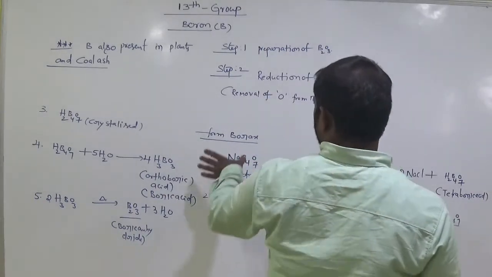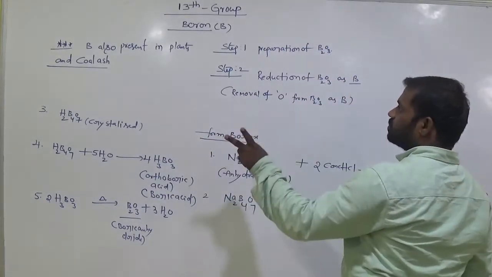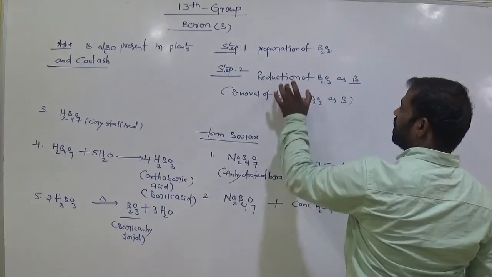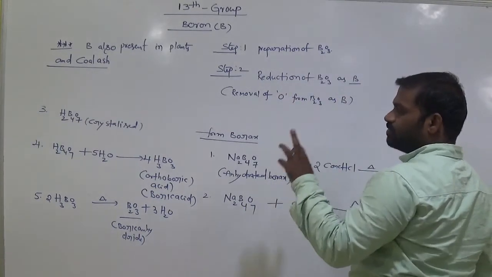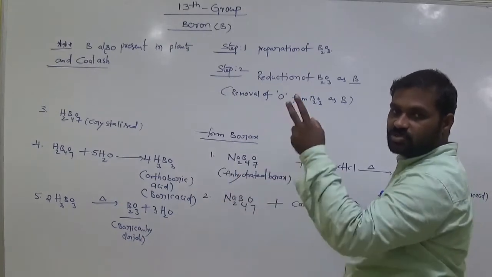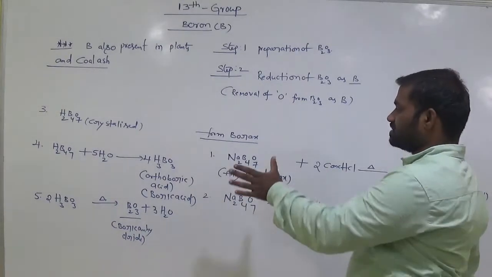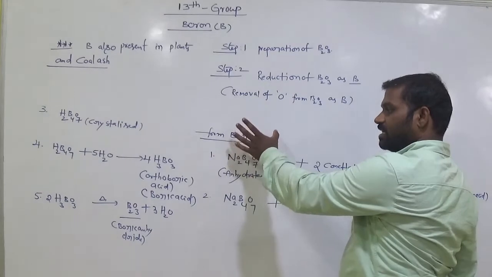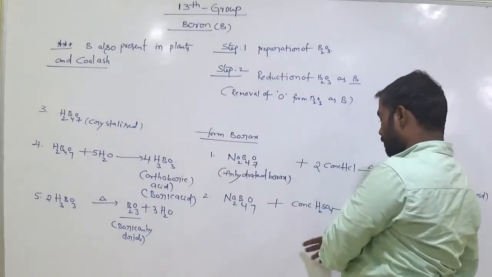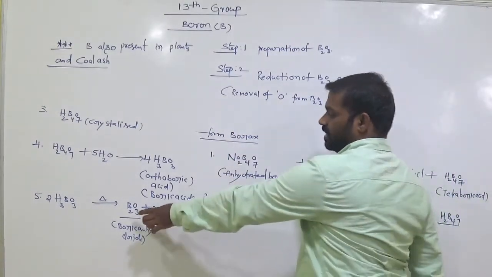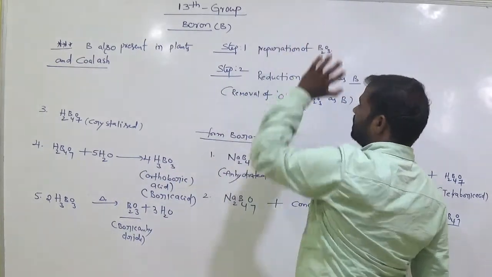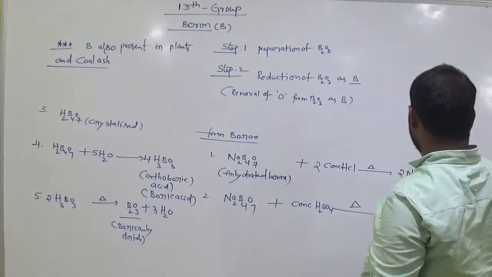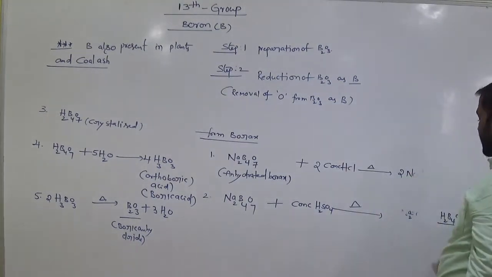Okay, so from borax, here we have 2 steps. One is preparation of B2O3 and the other is reduction of B2O3 to boron. So by using borax and colemanite, the 2 important minerals, here I would like to select borax. In that borax compound, we prepare boric anhydride. So the first step is completed. Okay, and go for the second one. Go for the second step.